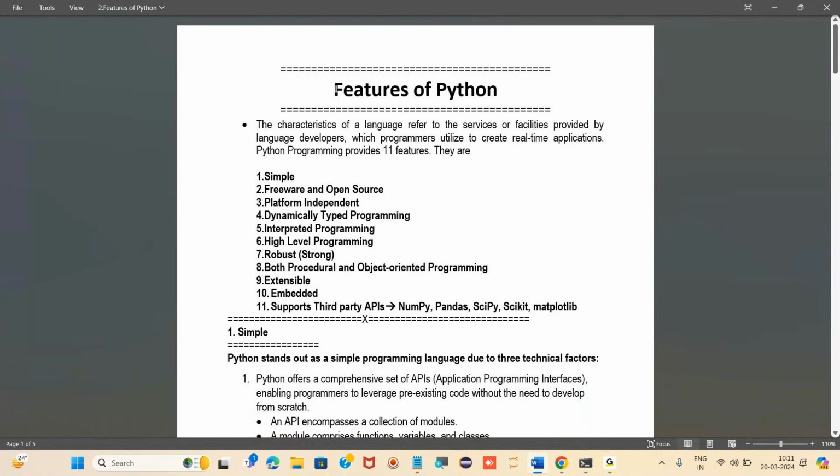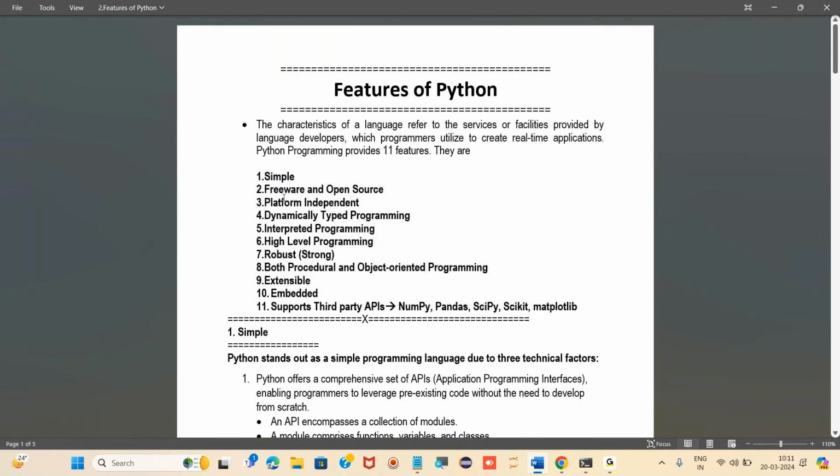We'll deep dive into Python, but before that we have to know something called features of Python, right? So what is feature? Features are nothing but characteristics of language, referring to the services and facilities provided by the language developer, right? How many major features? There are 11 features, right?